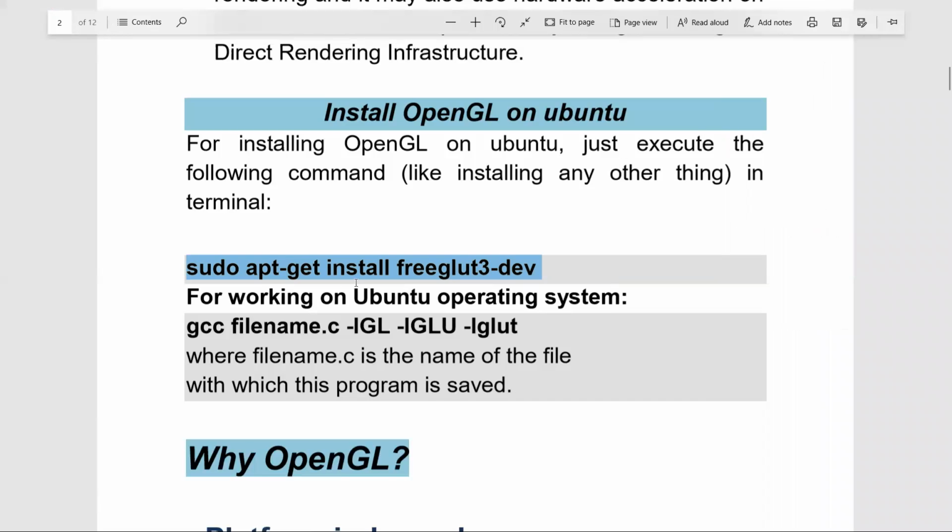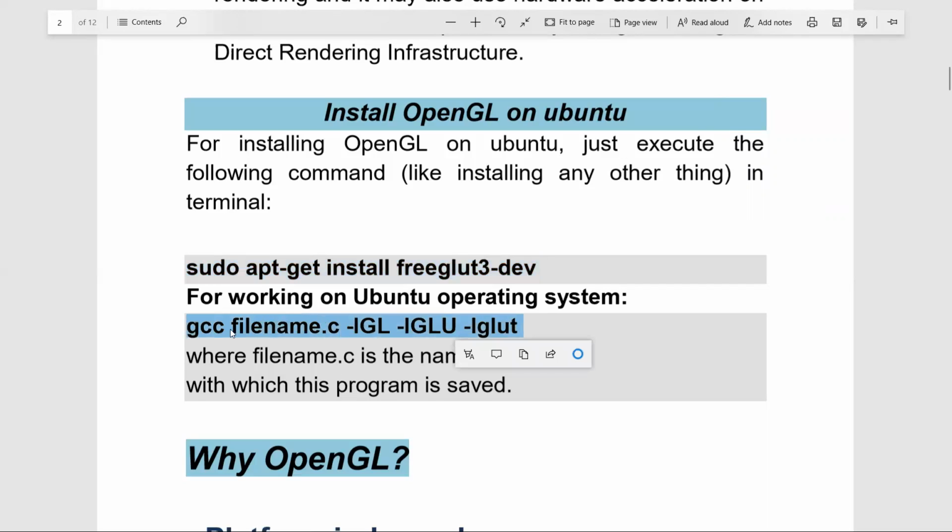If I have to compile the source program that I have created using OpenGL, then I need to use a C compiler, because we have understood that the program has syntax similar to C language. So how do I compile?